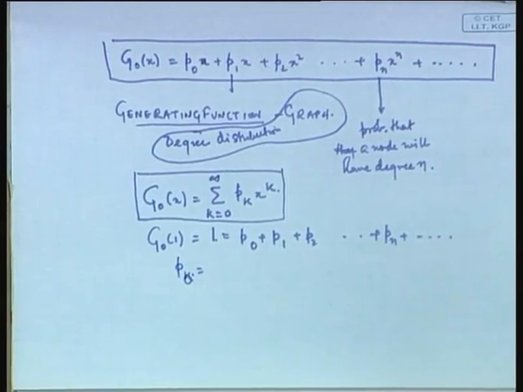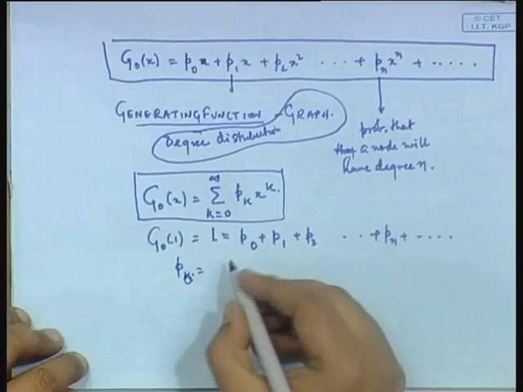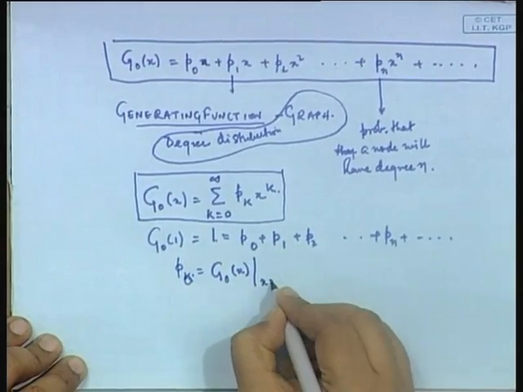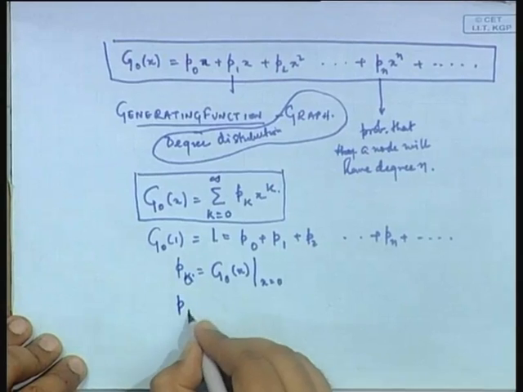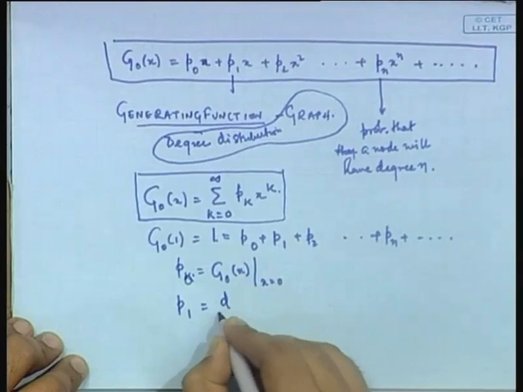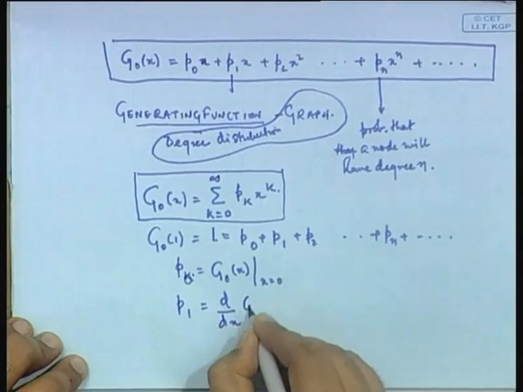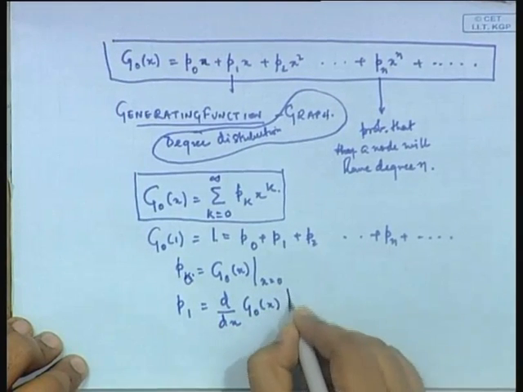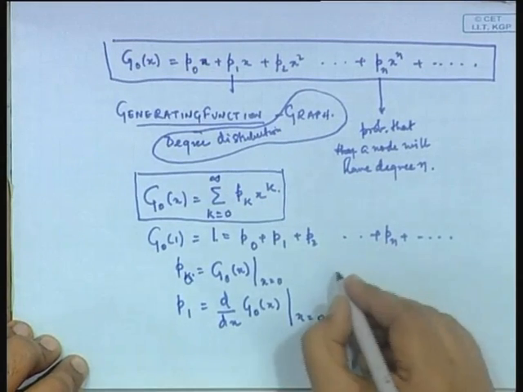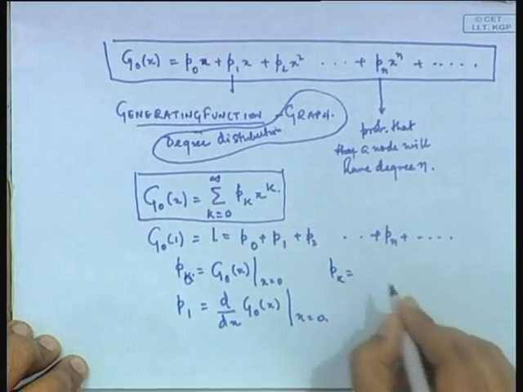If I want to find p 0, it is G 0 x at x is equal to 0. For p 1, it is d d x of G 0 x at x is equal to 0. So, p k is equal to